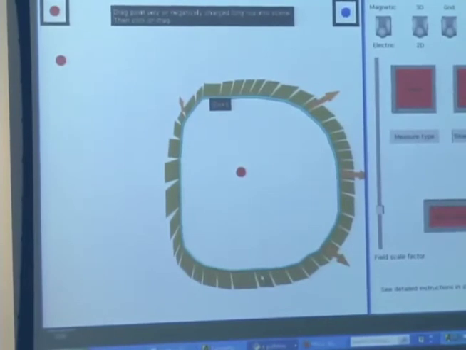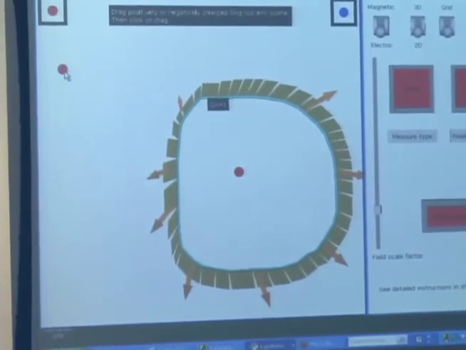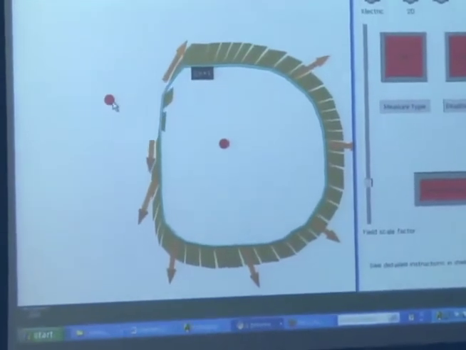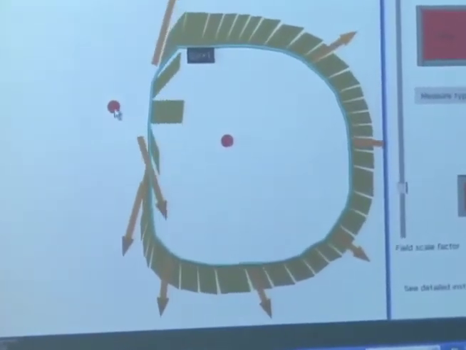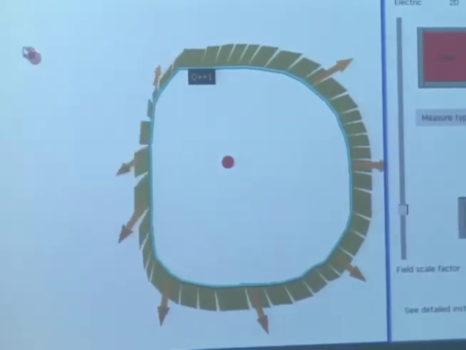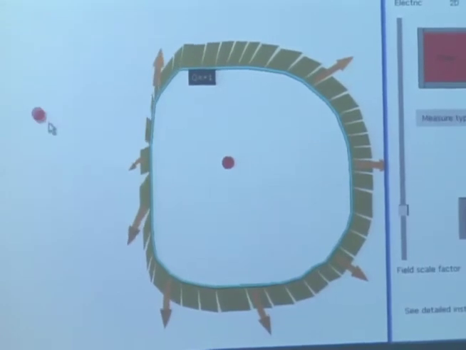So I'm just plotting electric field at various observation locations. And this is the net electric field due to all charges. And I can move this charge closer, and that's going to, of course, affect the net electric field at these locations. But you see that the total flux over the surface stays the same, because as I move this closer,